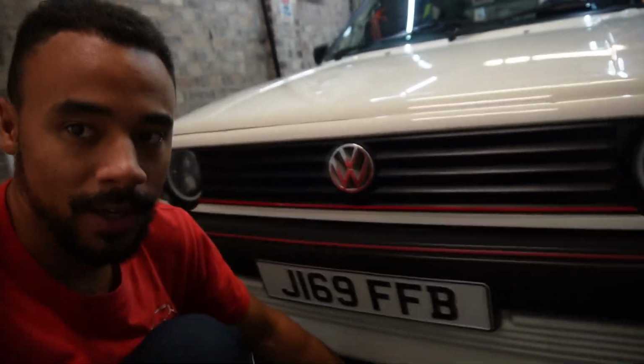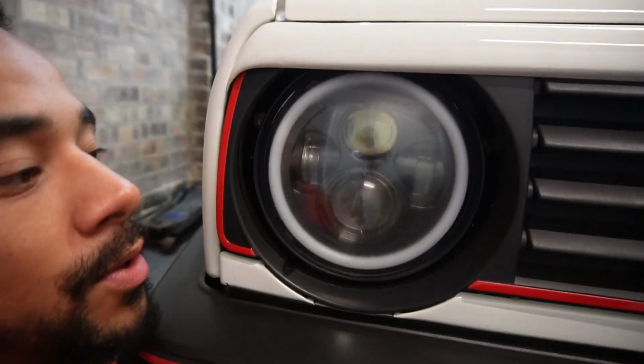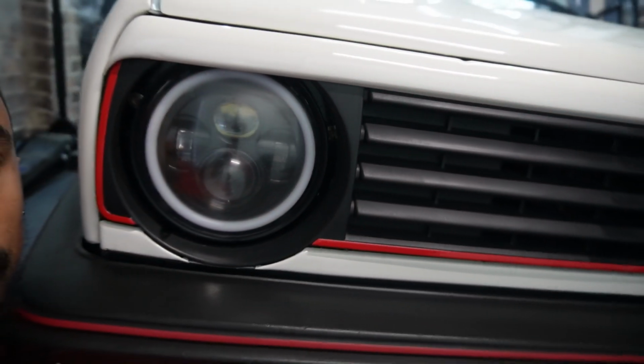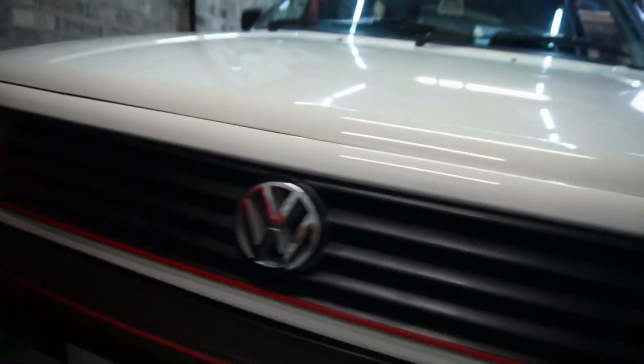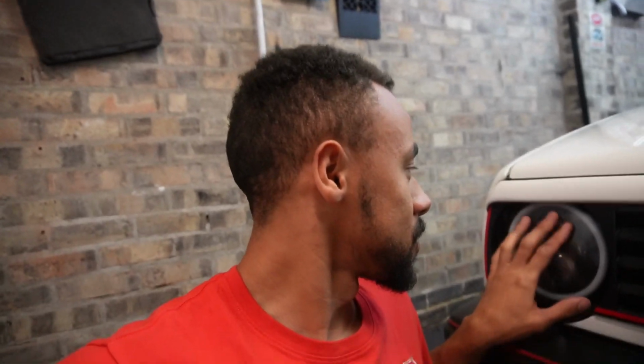As you guys would have known, we replaced the front headlights a couple of vlogs ago, but we've destroyed them already. It's not even been that long. This one, I was actually trying to put a UV protection on, and you can see how faded it is compared to this one. That is because the UV protection went on like a lacquer, and then it just reacted and absolutely destroyed it. But